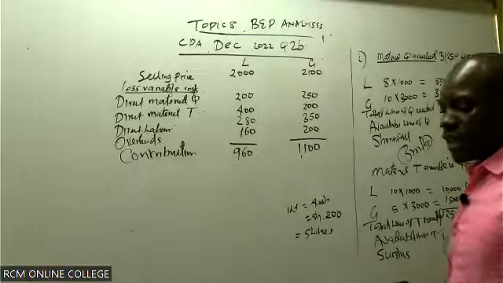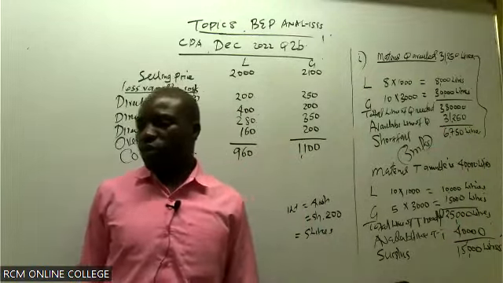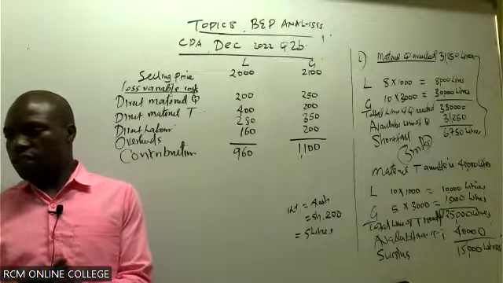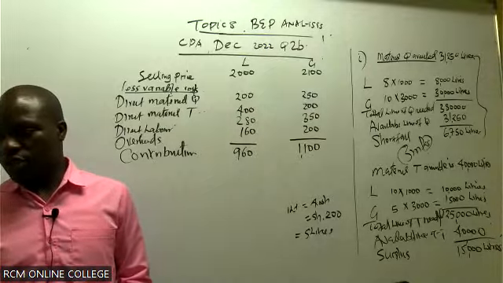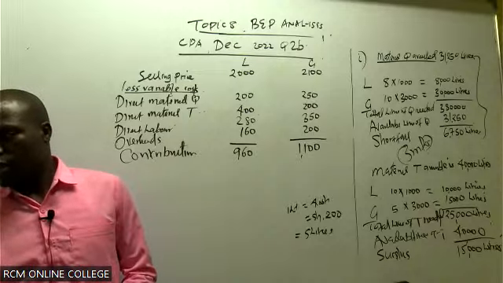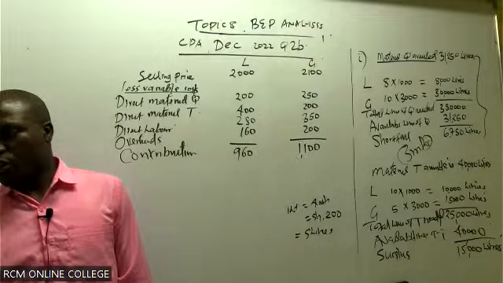What is the limiting factor between the two? Is it material T or Q? It is material Q. So, is